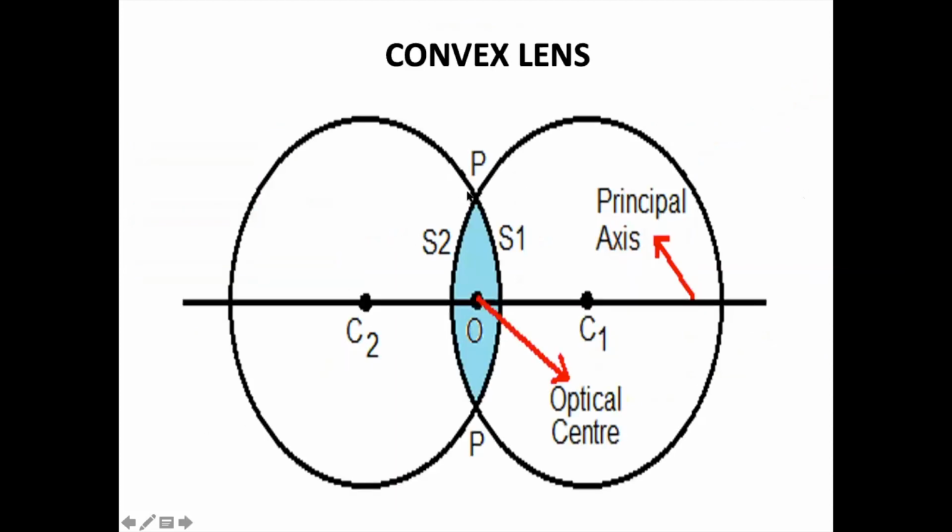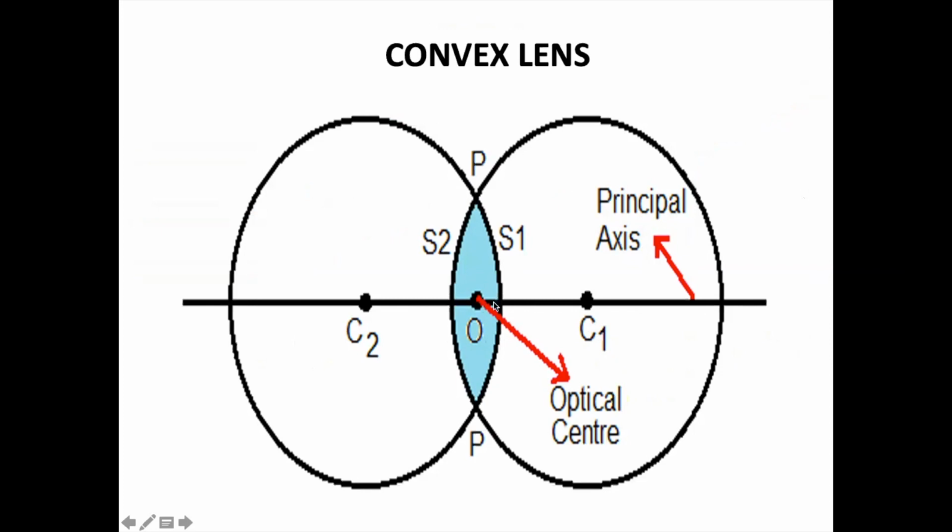So imagine this is a convex lens. If I make a circle over here, this is C2, and if I make one over here, this is C1. Why? This is an incident ray. We are going to allow the ray to fall from here. Therefore, this is C1 and we have kept C2 there. Even you can write C1 over here and C2 over here. Okay, but then you have to be very specific about which side the ray is coming from. This is a principal axis.